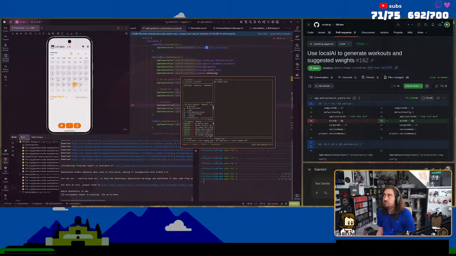I don't like the idea of packaging the model in the app. There are ways that I could download it, but I don't have a system for doing that yet. I would have to set up something where somebody could download it and make it relatively fast, and that is an option. But yeah.